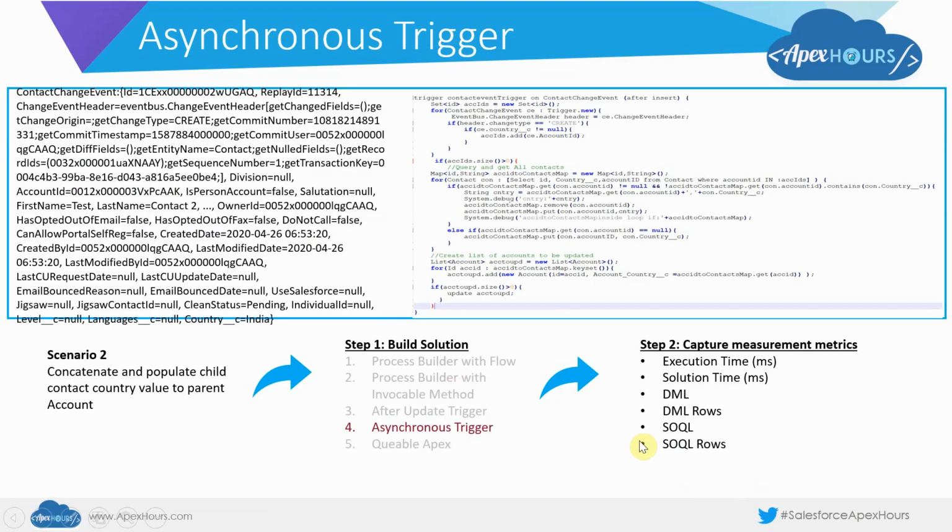Asynchronous trigger details we have already seen. Okay, this is a contact change event, how it will look like. It has got a header component which contains details like what kind of operation it was. Like here it is create operation. If it is an update, you will be seeing get change type as update. And after all the header components which contain some common parameters, you will be having all the field details of that particular account. Sorry, particular contact.